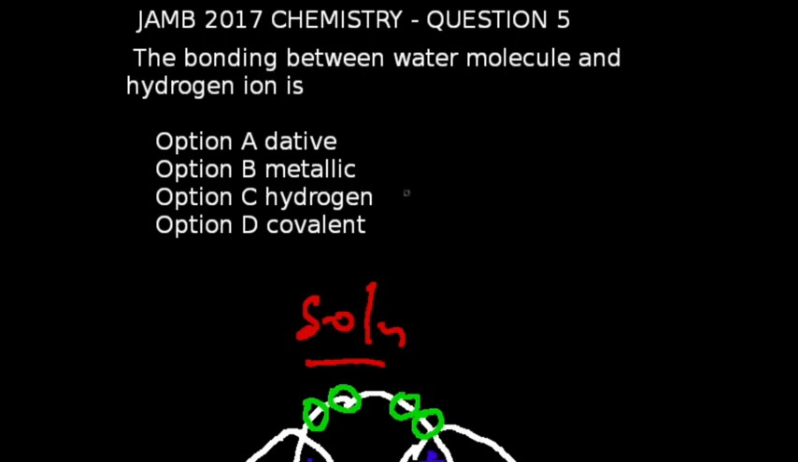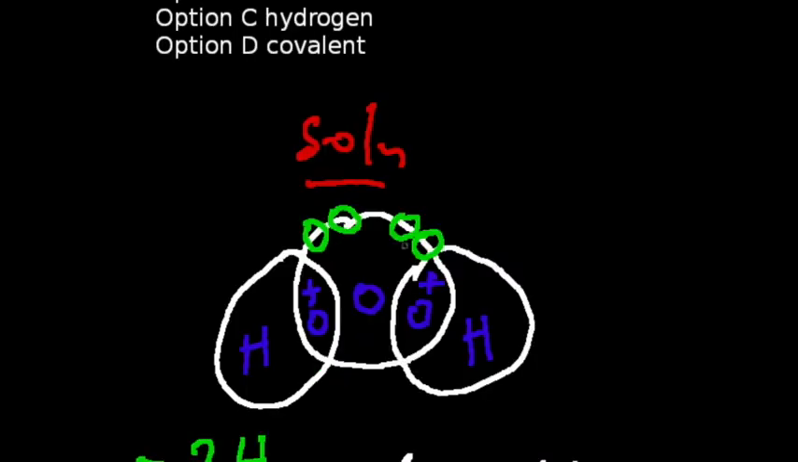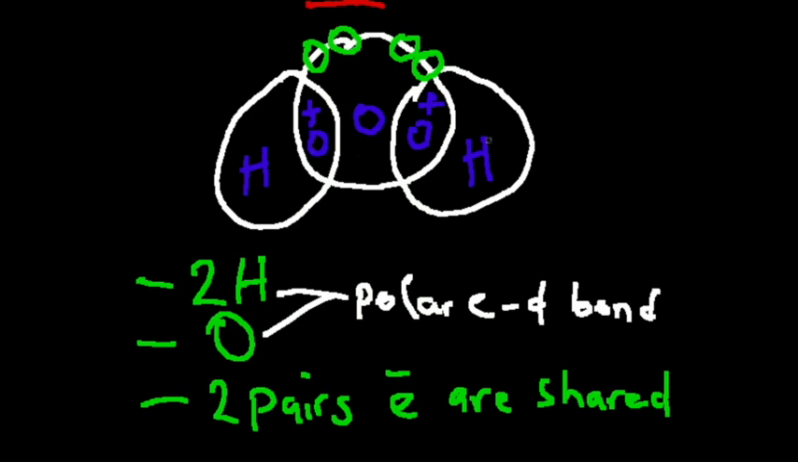Question 5, JAMB 2017 Chemistry. The bonding between water molecule and hydrogen ion is. First thing I want us to know is the configuration of a water molecule looks somewhat like this. And the water molecule consists of 2 atoms of hydrogen and an atom of oxygen bonded together